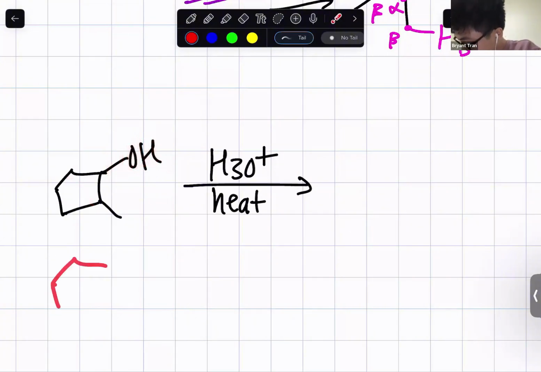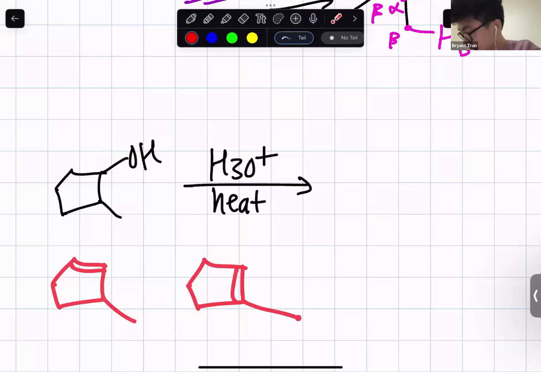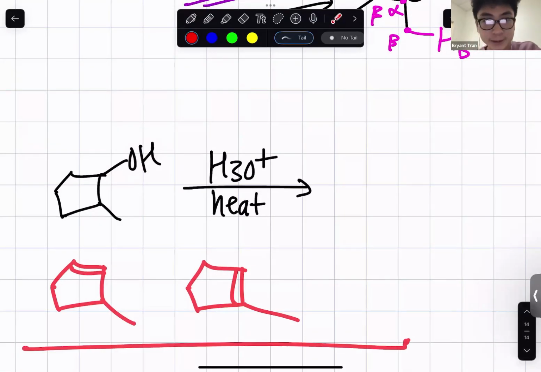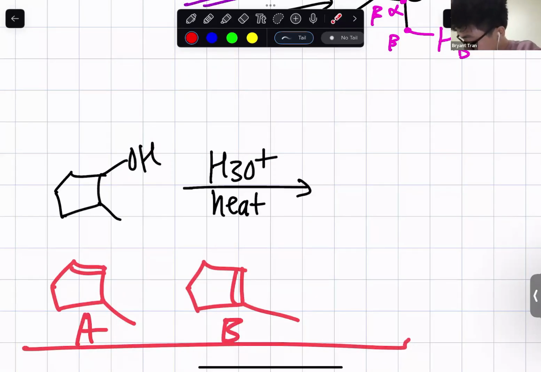So if I were to make an alkene there, that would look like that. If I were to make an alkene down there, it would look like that. Which alkene looks more stable to you? Which alkene looks more substituted to you? The one with the double bond higher. On let's say A or B? A or B? A. A, right? So A right here,